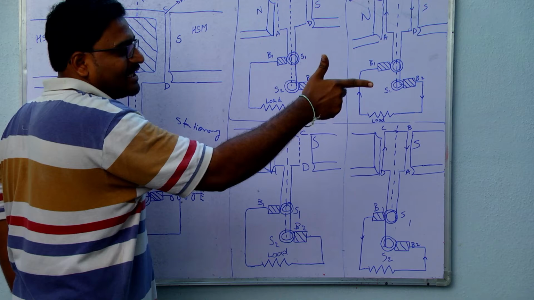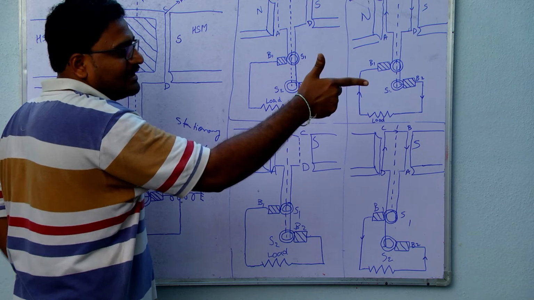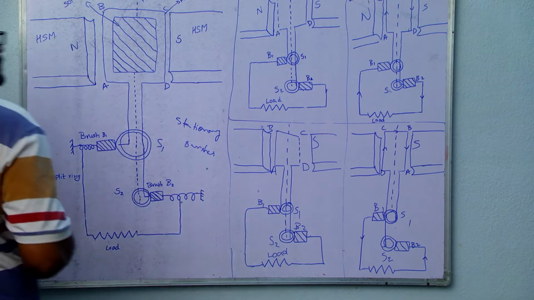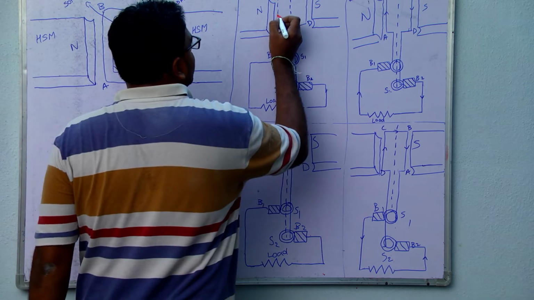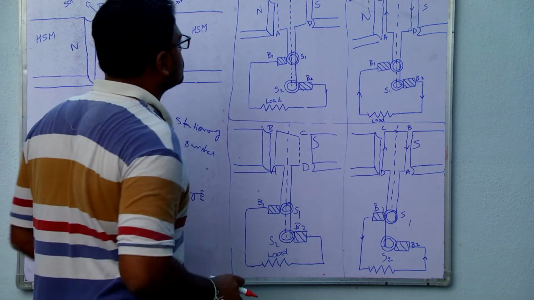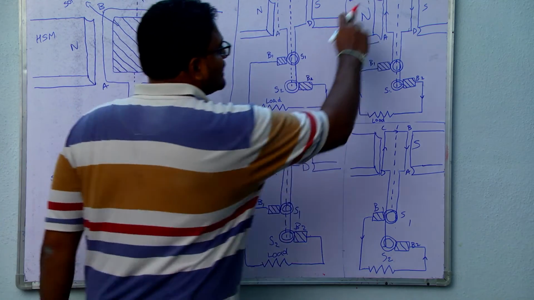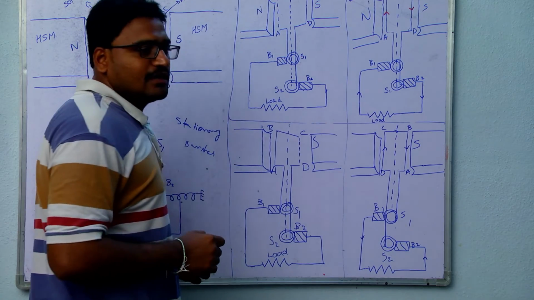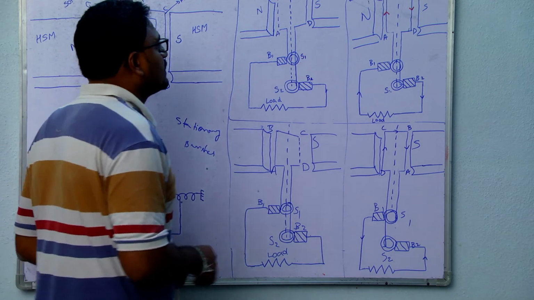Then the direction of current is given by the center finger. It is like this. That is from A to B. Okay, now so the direction of the current is from A to B. Of course, initially no current is induced. As I am moving like this, at this point of time, I will get the direction of current from A to B. C to D, how to get the direction of current?